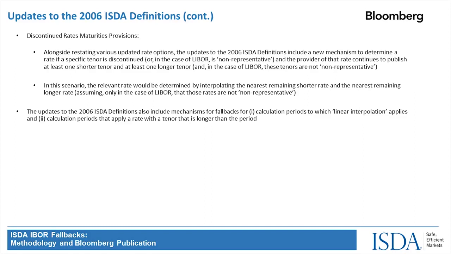And in that case, the index cessation event would actually be the announcement of the discontinuation of 1 week or 6-month US dollar LIBOR, assuming there isn't any remaining shorter or longer tenors. So assuming those were the only tenors that continue to be published, your index cessation event for your contract that referenced 3-month US dollar LIBOR would be the announcement relevant to one or both of those tenors. And then the actual discontinuation or non-representativeness of one or both of those tenors as applicable would be your index cessation effective date, on which the fallbacks that Bloomberg publishes for 3-month US dollar LIBOR would become the reference rates